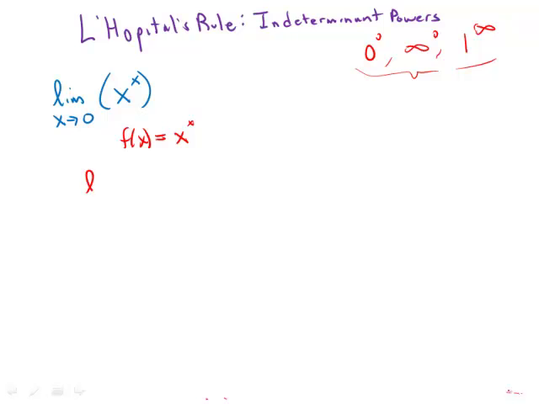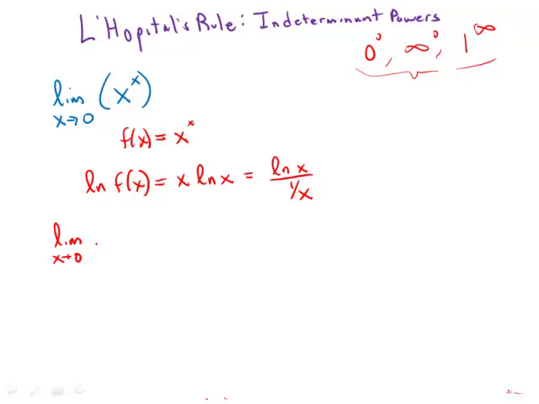Well, we know that the logarithm of f of x is x log x. And of course, we can rewrite this as log x over 1 over x. And the advantage of writing it this way is now when we take the limit